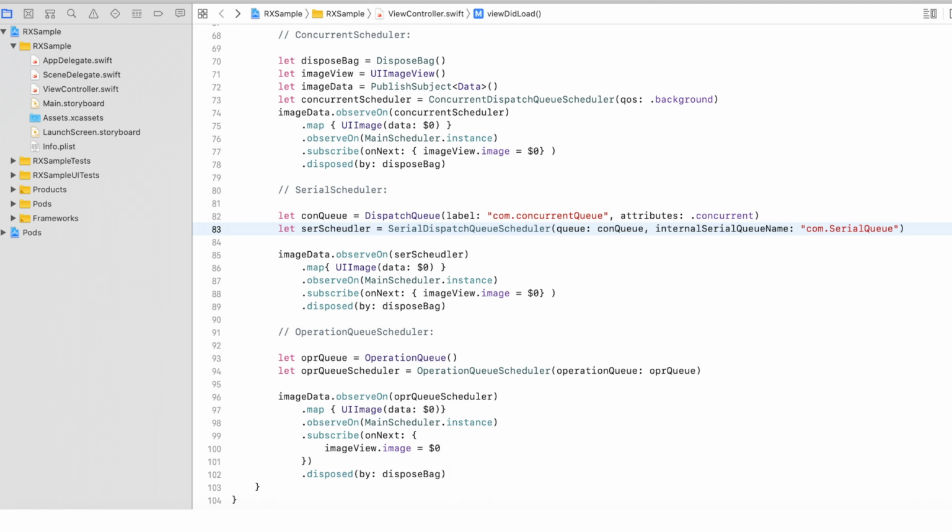So these are the three examples of schedulers with the help of which you can perform concurrent code in RxSwift. And one very important point to remember is that whenever you need to perform any operation with a UIKit element, you always need to do it on the main scheduler.